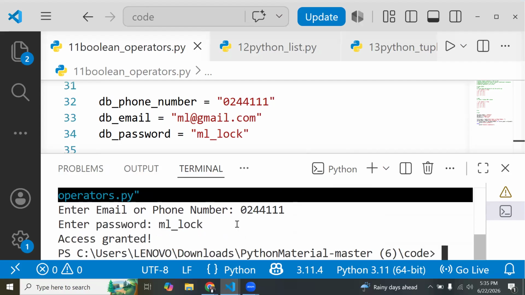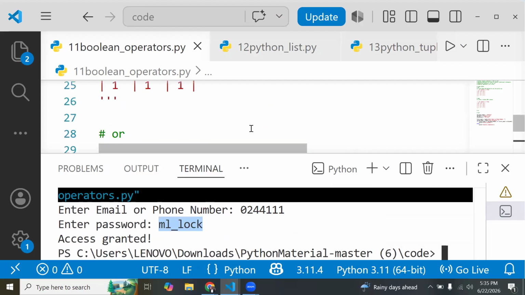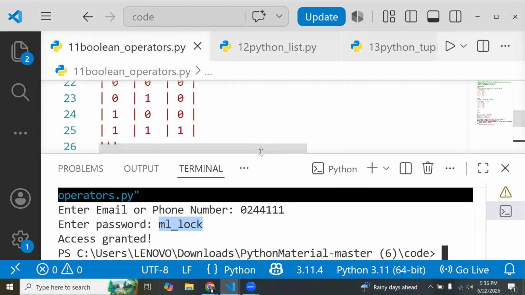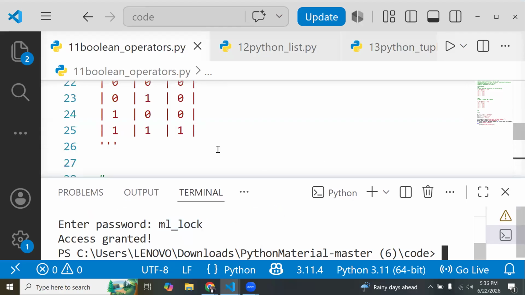So we've seen an instance where we've used the email and the correct password, and then we have been granted access. And we've seen an instance where we are using the correct phone number and then the correct password over here. We have been granted access. That is how these logic operations are happening over here. Okay. And we are going to see a few more of them